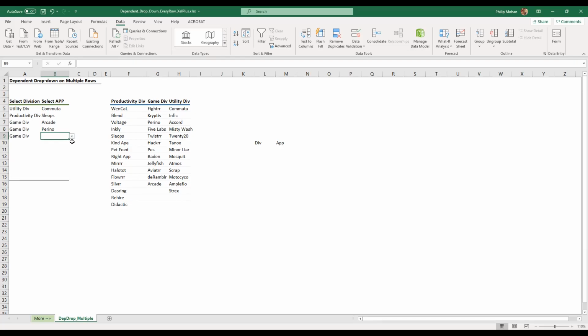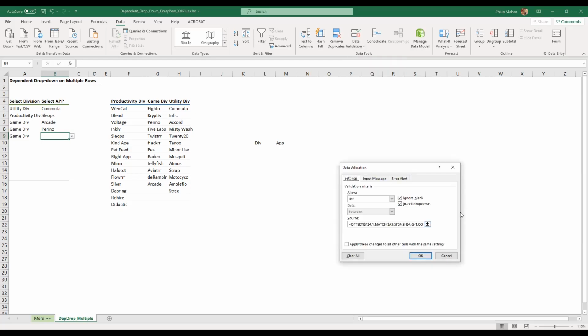But let's see if her way of doing it is the same. So I'm in this column now, and I'm going to data validation to see. Okay, she's got something else. She's not got indirect. In fact, it's got a very complicated one. I can't even read the whole thing. Offset.